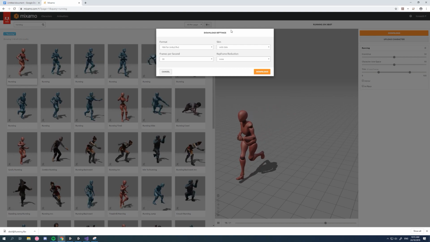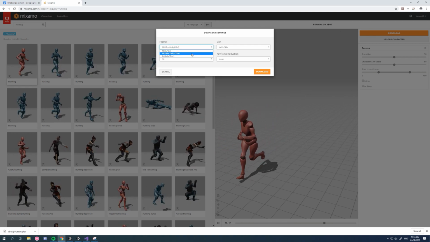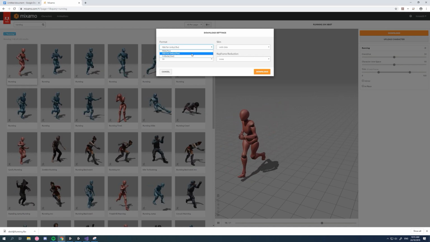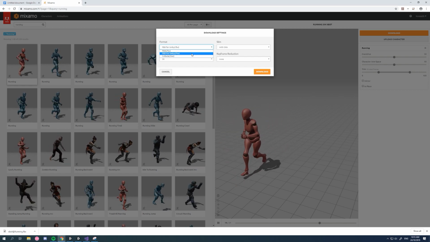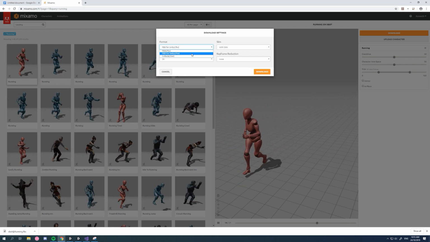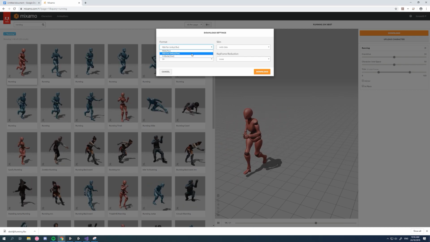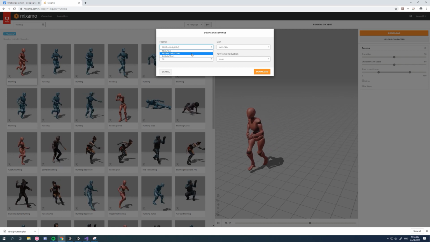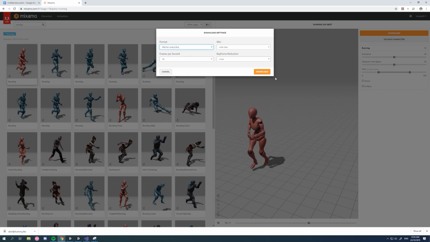Now when we hit download, we want to pick either FBX or FBX for Unity. A lot of people think, oh, I wanted to use a Mixamo rig, therefore they go and use the generic rig in Unity. And you can use generic rigs with motion matching for Unity, but if you can get away with converting it to humanoid, then do it, because it's going to save you problems down the line, because you can then use animations from any rig all combined onto the humanoid. So I'm going to do it first with the FBX for Unity so we can easily convert it to humanoid,